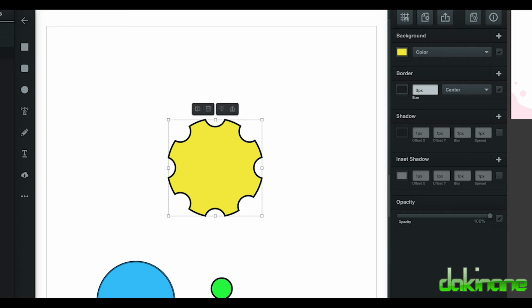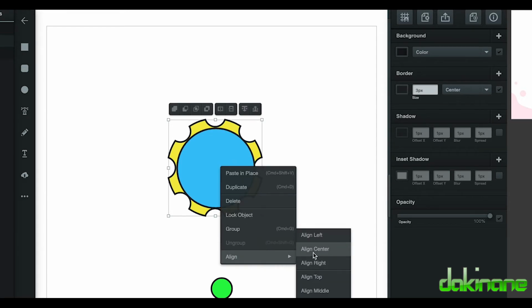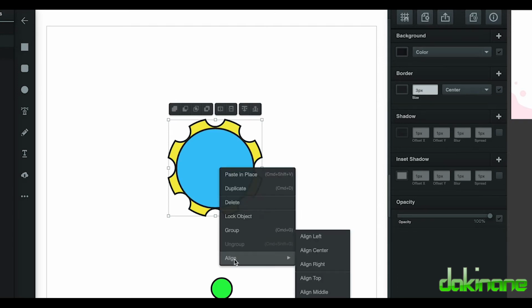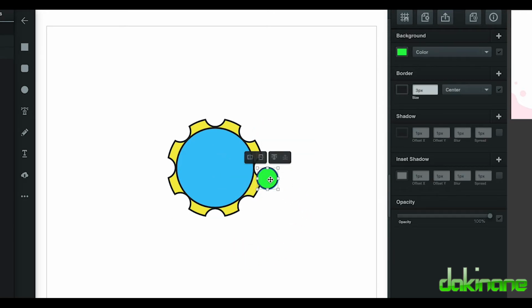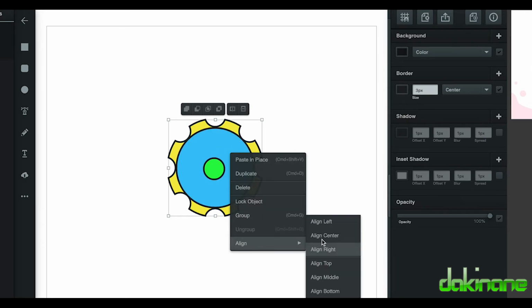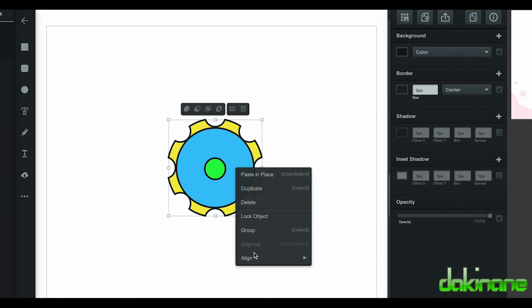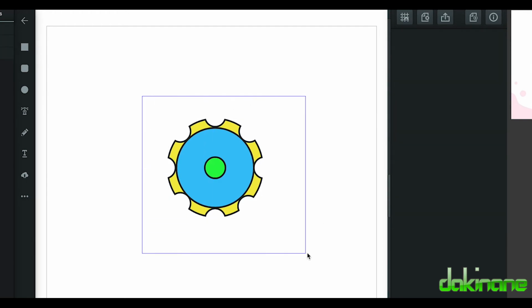So let's just put this back in the center here, like that, and center it up again. So align, center, align, middle, and do the same. Oh, this seems to have disappeared. What do we do now? Click on this, we can bring to the top, put that in the center like this, and do the same thing again. So right click, align, center, align, middle. Now we have made that complex shape out of one